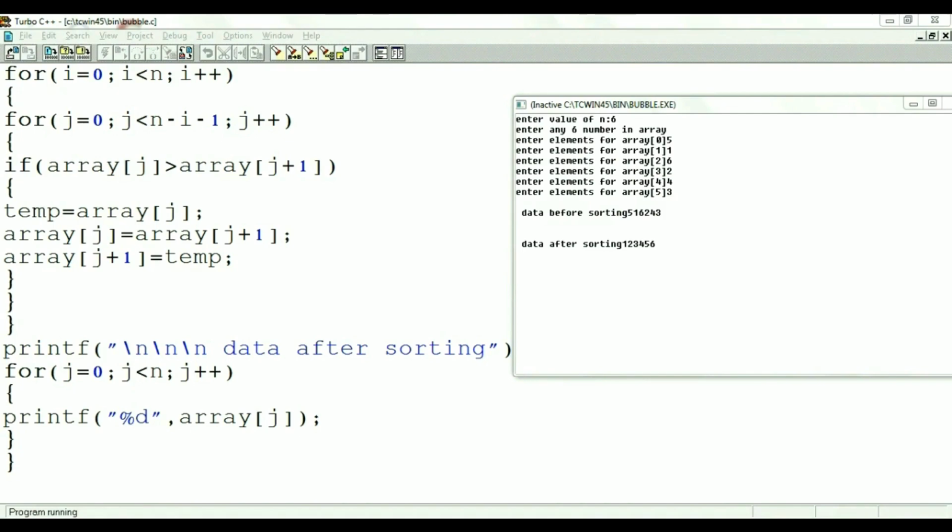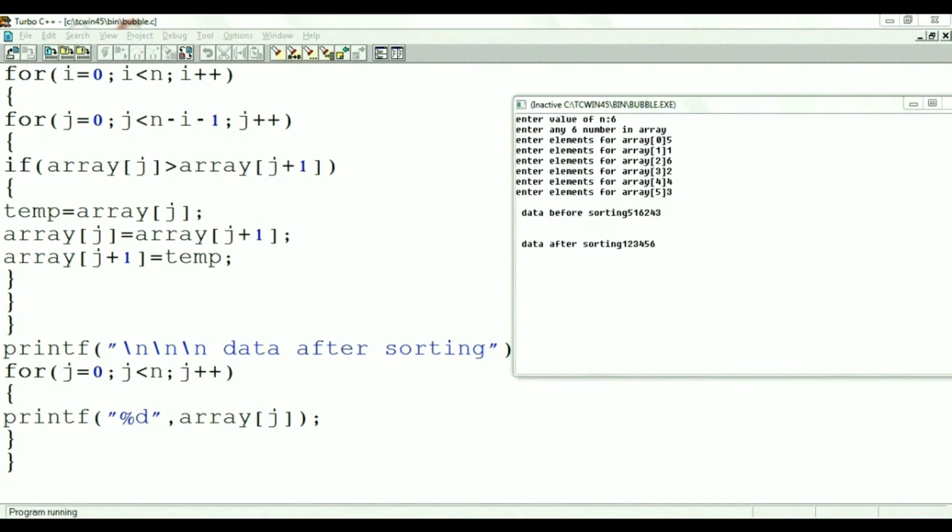Then the j value is again incremented according to the for loop. At j equal to 2, that is 2 less than 4. As this test condition is true, we go for the if block, that is array of 2 greater than array of 3. But this test condition is false as 2 is not greater than 6.